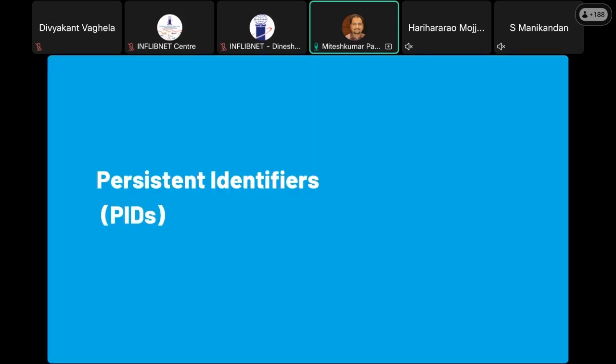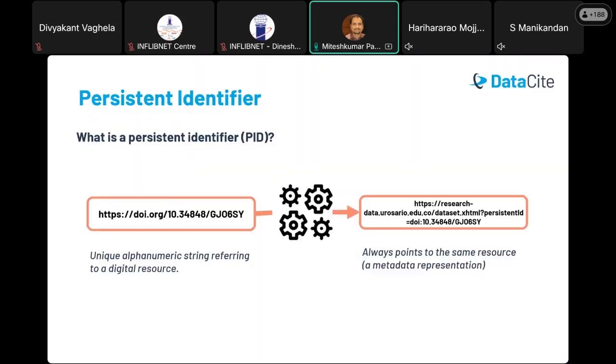Now let us understand what persistent identifiers are. Persistent identifiers are identifiers which are persistent in nature, and they will redirect you to a particular URL. For example, here is a URL which is redirecting you to a persistent ID. If somebody clicks on this link, they will be redirected to the original source where the DOI is assigned. And DOI is basically an